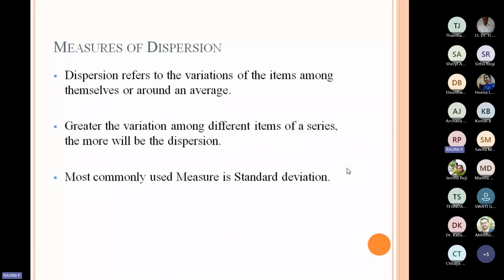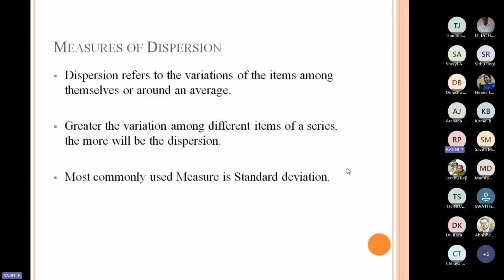Then what is it? Actually, he told it is a 70. So that 70, what he told, is an estimated value. Estimated means it is a guess. And what is the actual value? 60, he got it. So the difference between 60 and 70, that is called the dispersion. Dispersion is nothing but the deviation from the center value to all the observations.